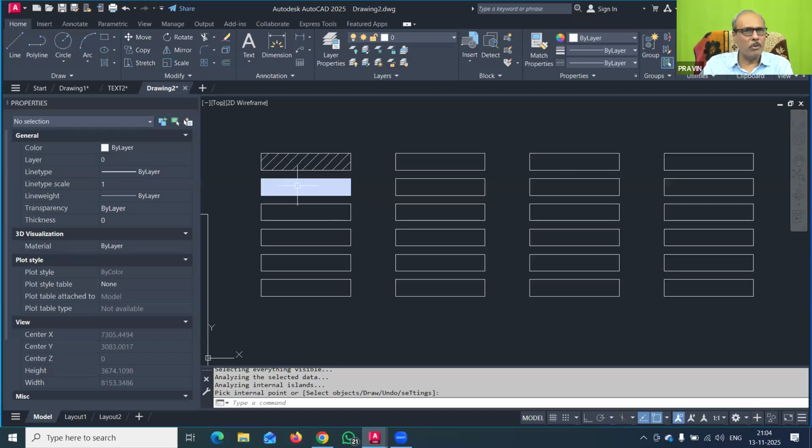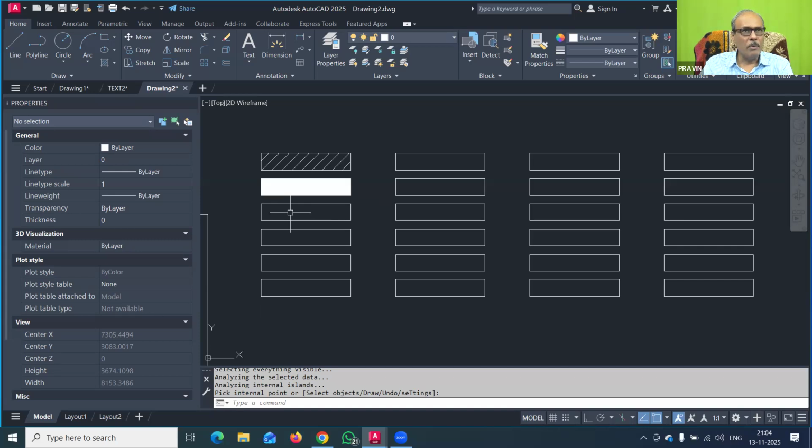Now this is the white color I have given. In the printing, it will become black. You have to remember that because I am using a black screen, lines are white and colors are white. When I print that, the lines become black and the color also becomes black. So this is how the black color appears.